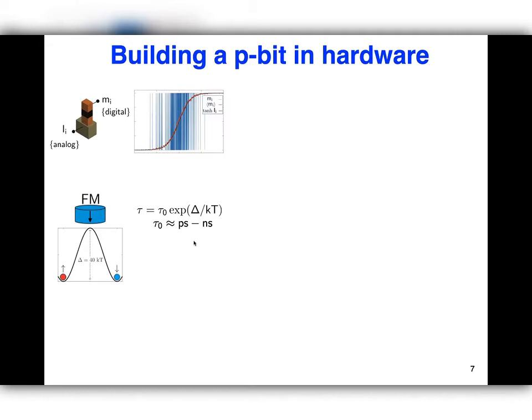That's given by an exponential related to the energy barrier, okay? And there's a time constant out front, tau naught, and for magnets that's around picoseconds or nanoseconds. This formula tells you that if the energy barrier you put there is around 40 to 60 kT, then you would get something like a number of years to retain that state, okay? And this is how people design magnetic memory. They try to make that barrier as high as possible, and they tell you, okay, if you leave your data here, it's going to be here for at least 10, 20 years.